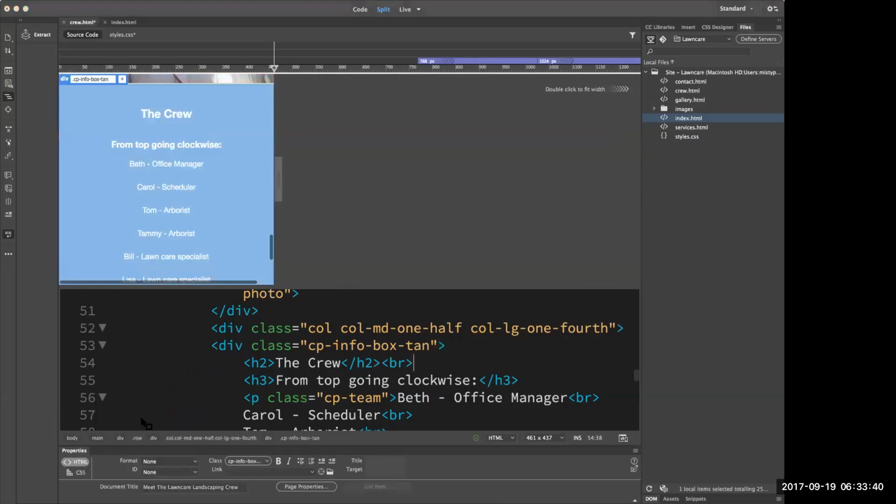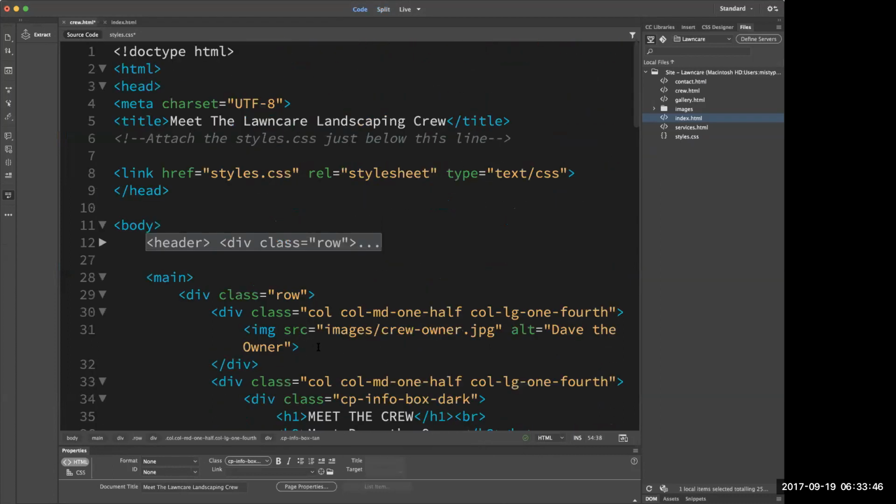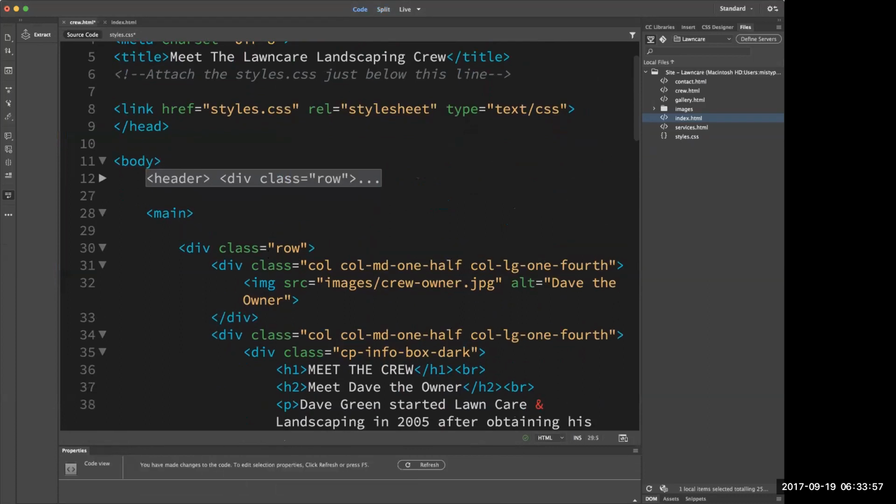We need the Meet the Crew banner across the top of the page. So we're going to go back up here to our main tag, of course, this div class row. And right after the opening main tag, you're going to hit your enter key and do div class equals,